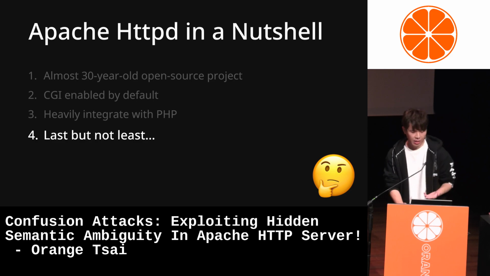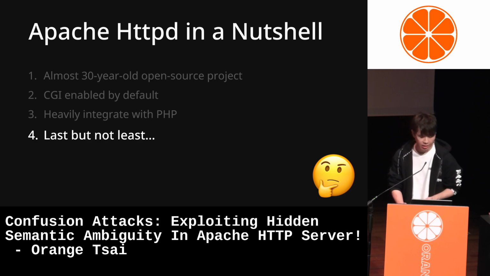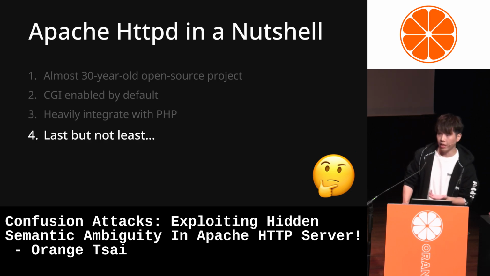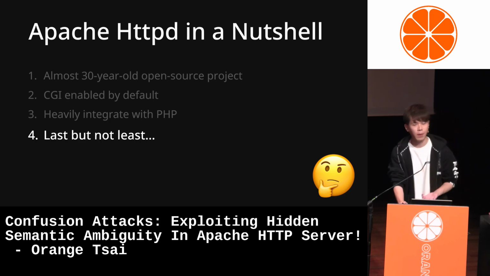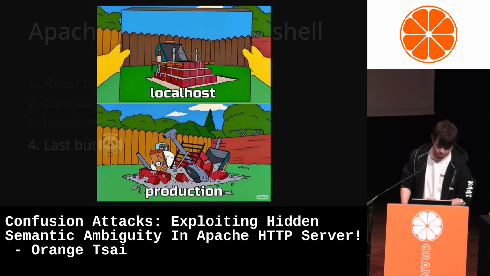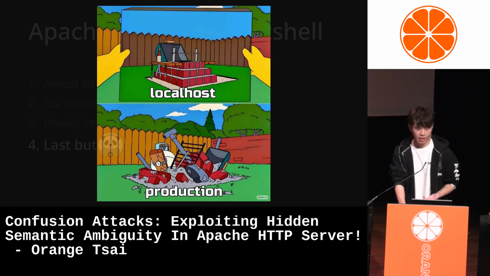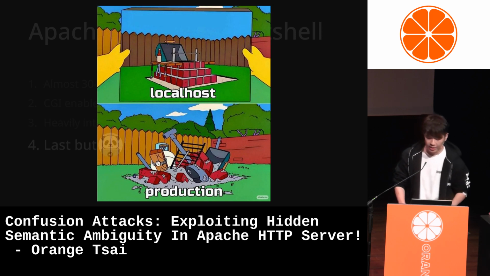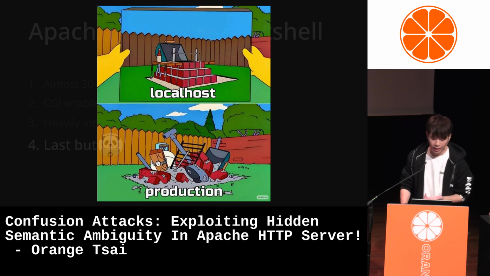And the last thing I want to mention about Apache, and I believe is also the most important one, is from my years working in offensive security, I have observed that websites that use Apache tend to have more massive environments. Also, I can't think of any reason to use Apache other than for CGI. In practice, many servers are still running Apache and hosting a lot of third-party web services like Tomcat or Nginx locally.